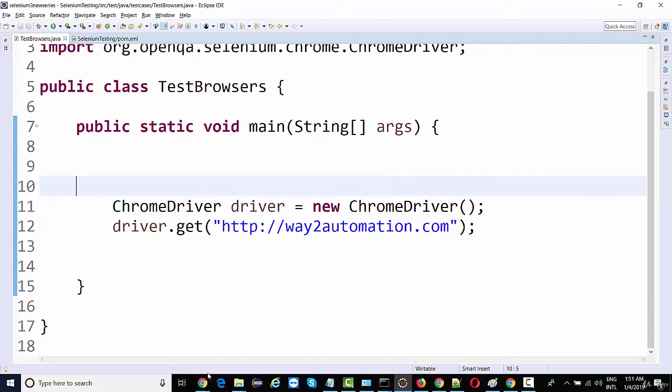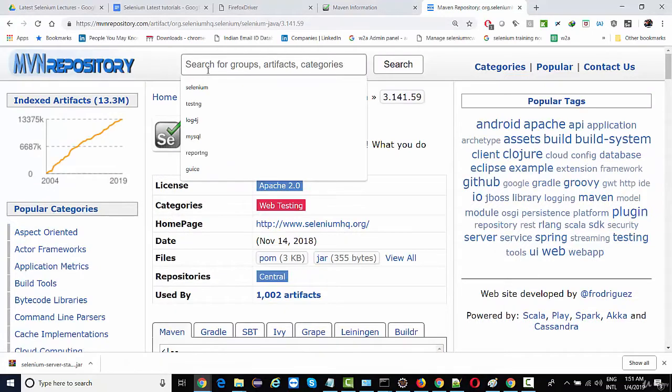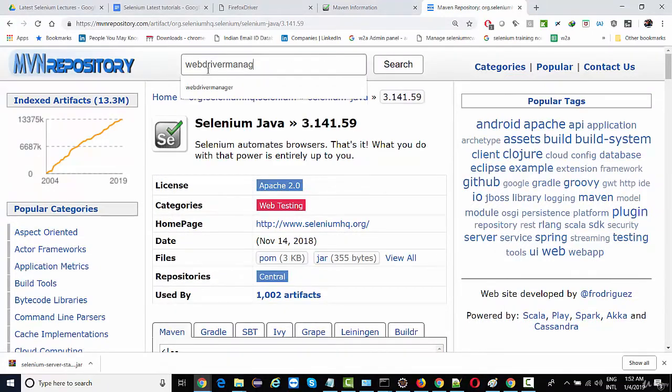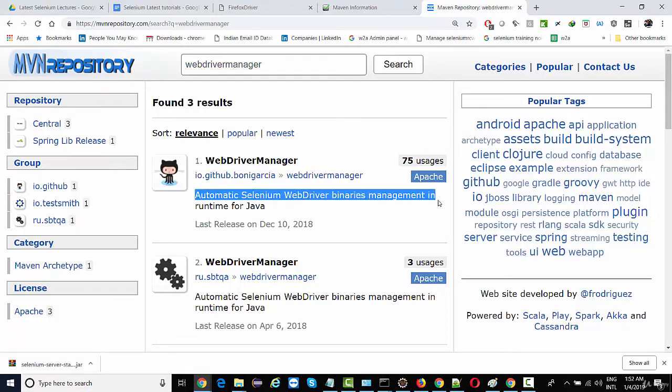So there is a person who has created a library called WebDriver Manager. If you go to Maven repository, you'll find this guy has created a repository which can do automatic Selenium WebDriver binary management and runtime for Java. So runtime as in whenever there is an update in the browser, it will automatically download the latest executable.